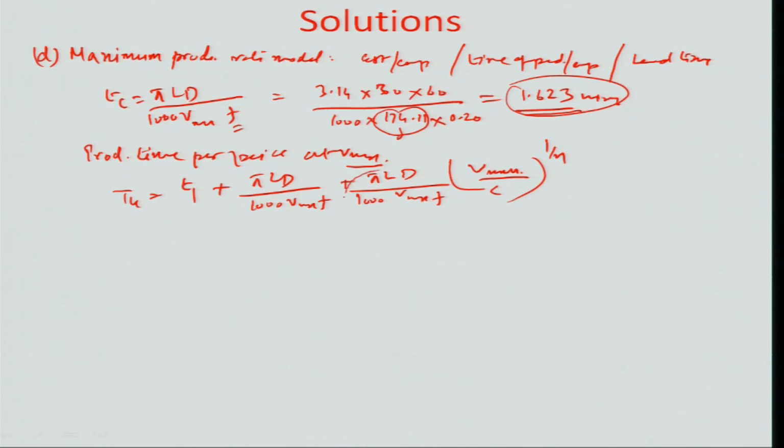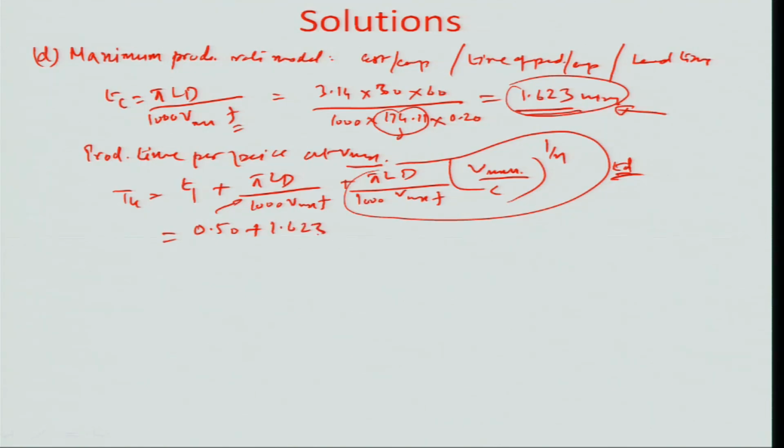This gives you an idea of the frequency of change needed as regards the workpiece, times Td, which is the tool changing time per cutting edge, earlier given as 0.50. So if I substitute all the values: 0.50 plus 1.623 minutes plus 1.623 times